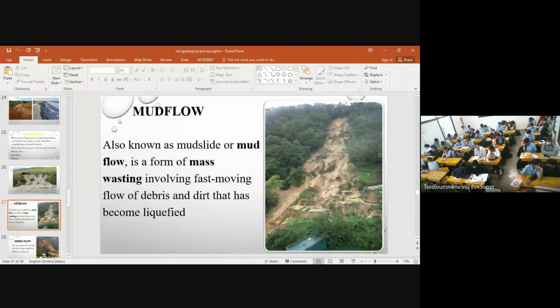Have you seen this one? When we say liquefied, it means more on water. Look at this one. This is a mud slide or mud flow. This is a fast moving flow of debris and also dirt that has become liquefied. So this is the example of mud flow again. The next we have